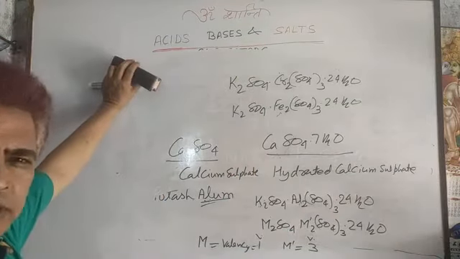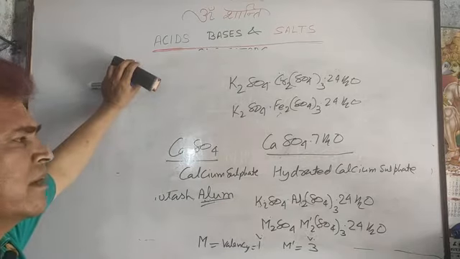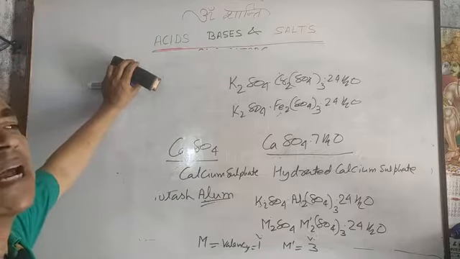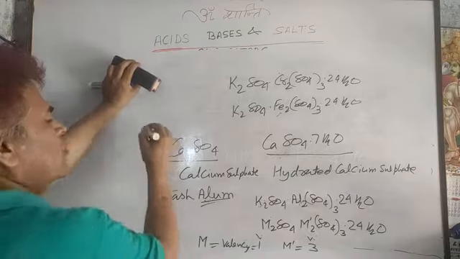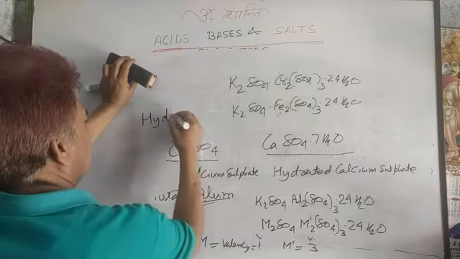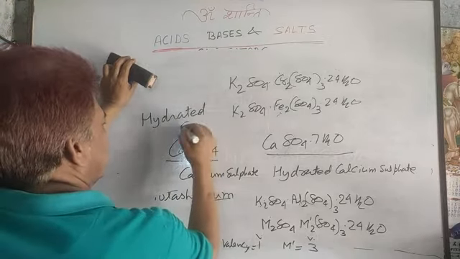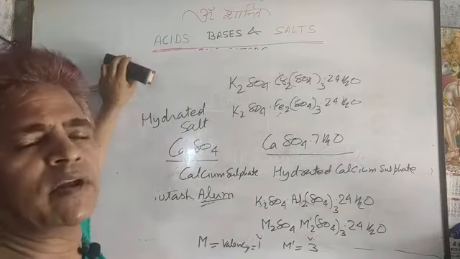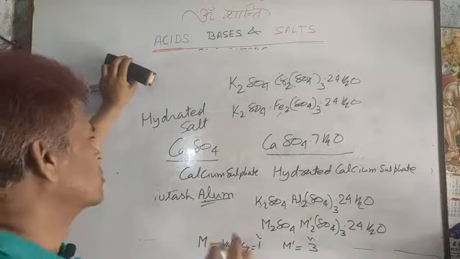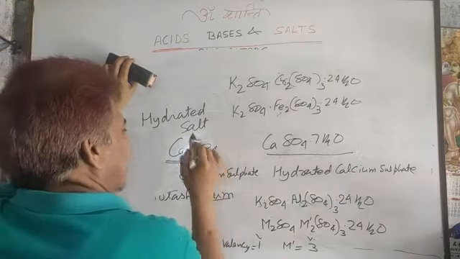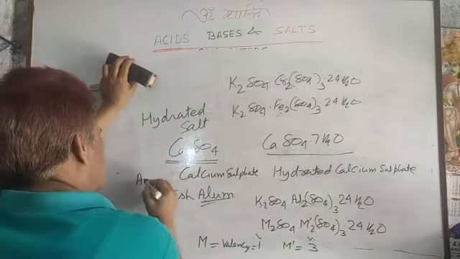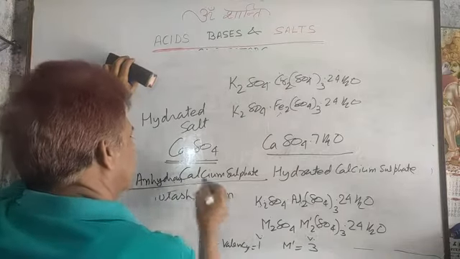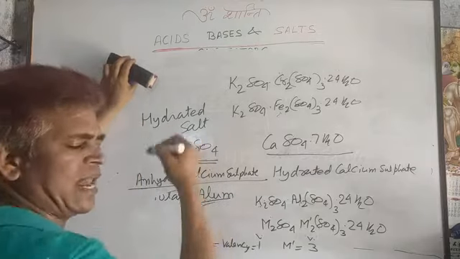During preparation through water crystallization, if a salt retains some water molecules, that is known as a hydrated salt. Whenever you say hydrated salt, it means that the salt is associated with some number of water molecules. So this is calcium sulfate and it is water free. So you can also write anhydrous. Anhydrous means water free. So you can write anhydrous calcium sulfate or simply calcium sulfate.